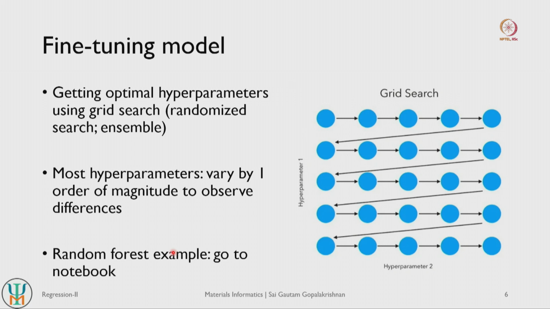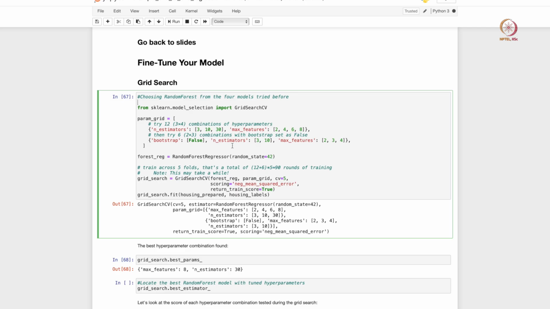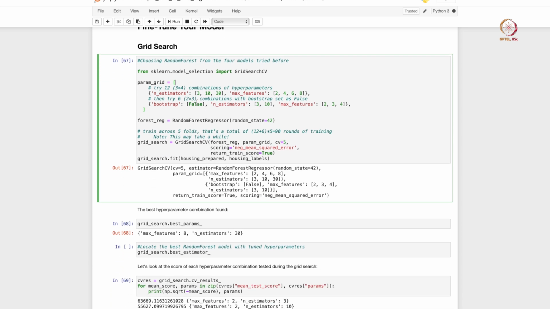So we will fine tune our model, fine tune our random forest model. So let us get back to our notebook and use this grid search CV. Okay. So doing the grid search CV, there is once again a standard class that is available within scikit-learn. So it's under scikit-learn model selection, right. So in order to do grid search CV, we have to define our grid, right. So what are the hyperparameter values that we are going to scan, and that's what we are doing here.